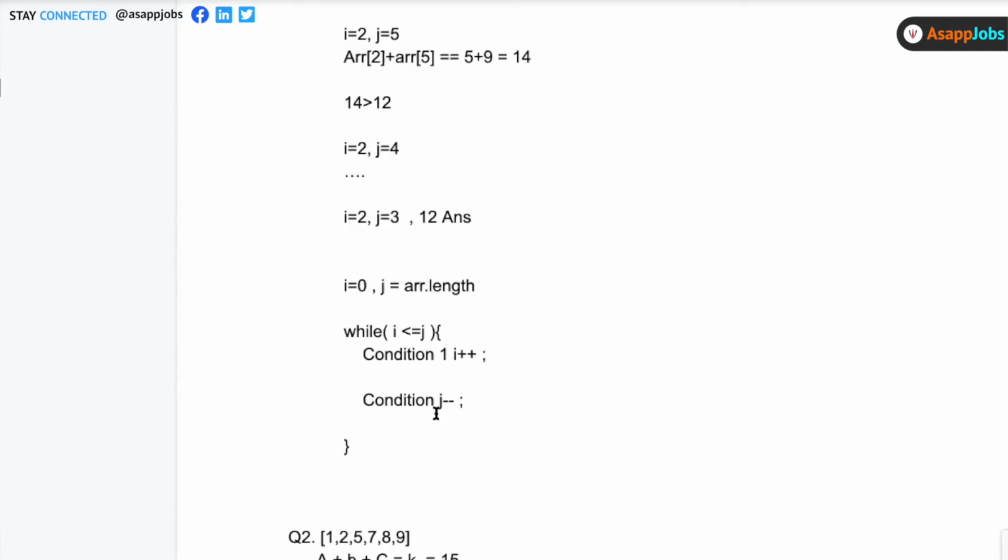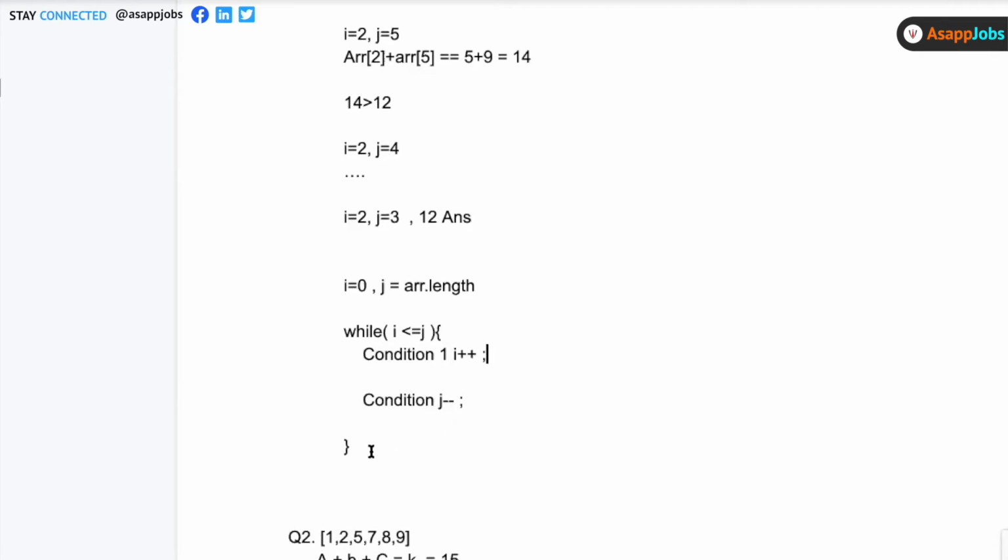If I keep on moving the left pointer to the right, it means I'm increasing the value till the max. I can move till the maximum value possible. What will the max value possible be? The two elements will be the last and the second last, right? And what will the minimum value possible be? The minimum value possible is the first and the second element itself, right? So when I keep a 2-pointer, one at the start and one at the end, this gives me the flexibility that I can move in the direction of the smallest possible sum, and I can also move in the direction of the largest possible sum.